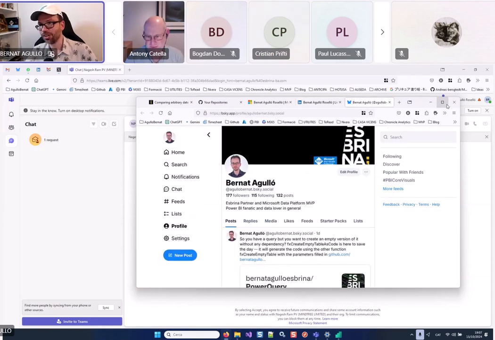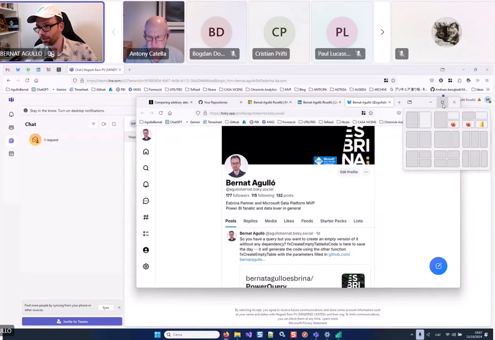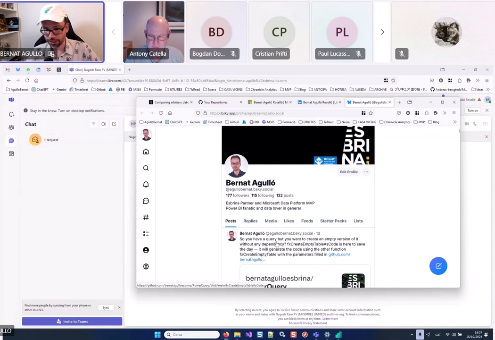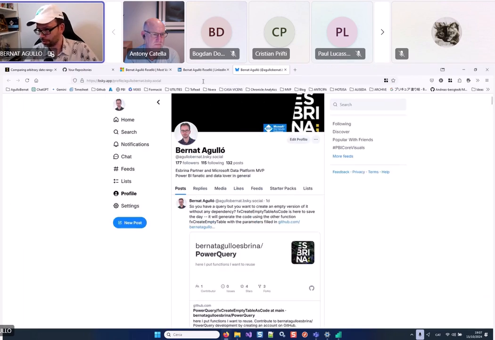So I moved to Blue Sky. Here I sometimes post, if I do a Power Query function or something that is not enough for a blog post. I don't like LinkedIn for casual posting. It takes too much effort. You need to save the file and so on. I don't like that. So anyway,